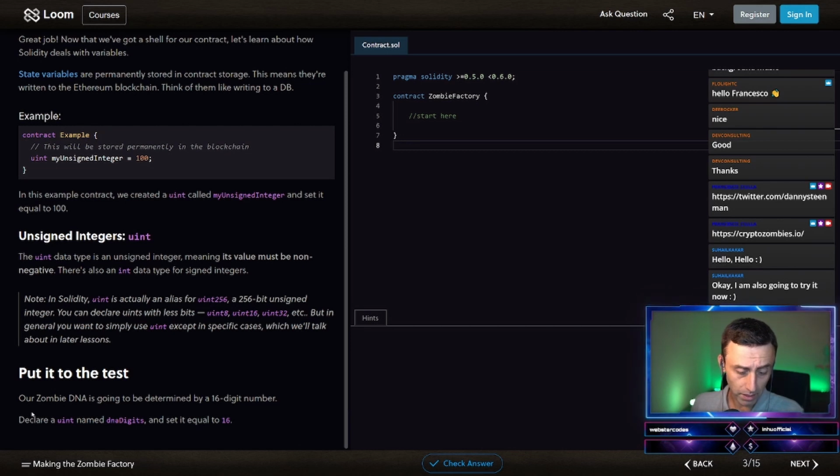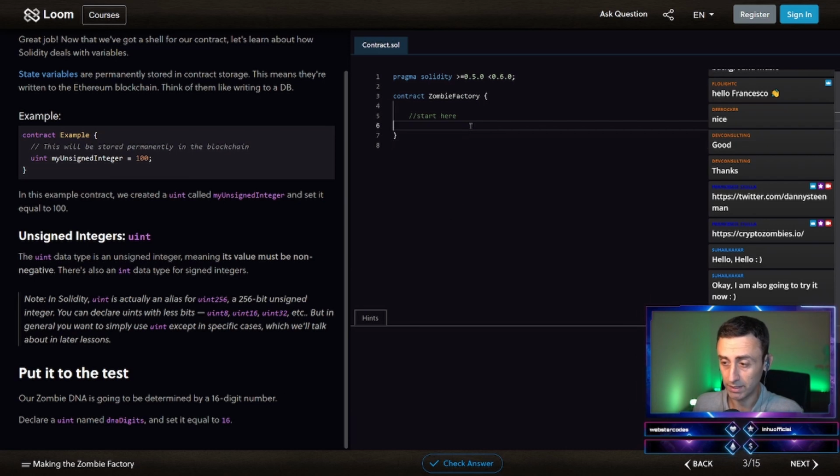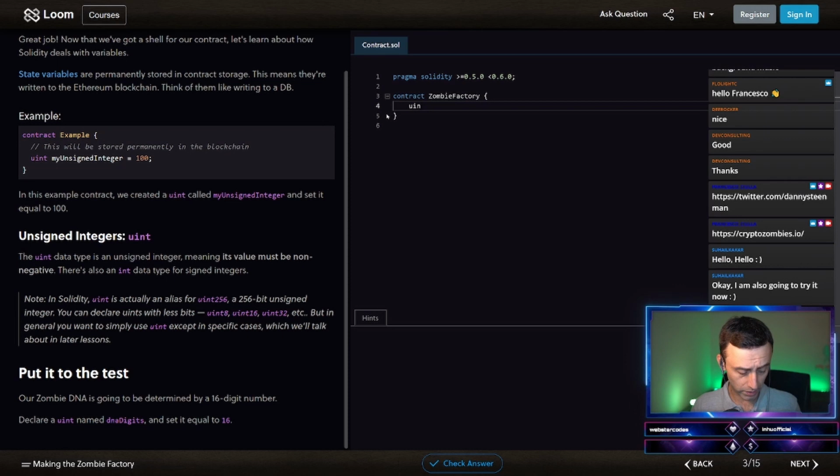You can declare a uint with fewer bits. Okay, put it to the test. How zombie DNA is going to be determined: declare a uint named dnaDigits and set it equal to 16. Let's try not to copy paste. So contract, uint. We are defining this. This is basically just to get used to it. So dnaDigits, for example, here